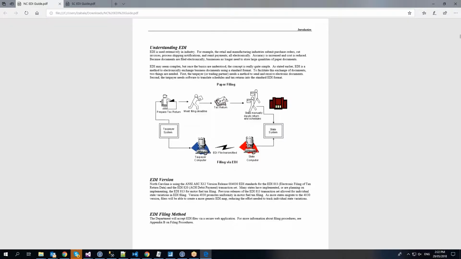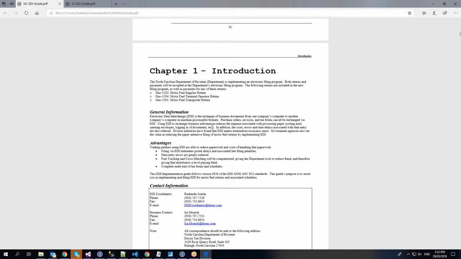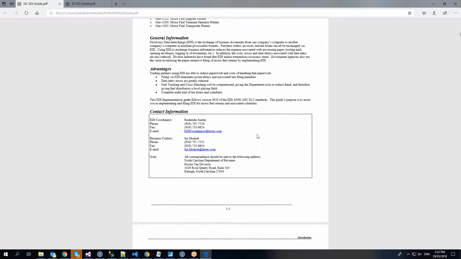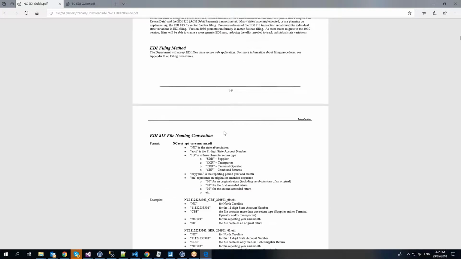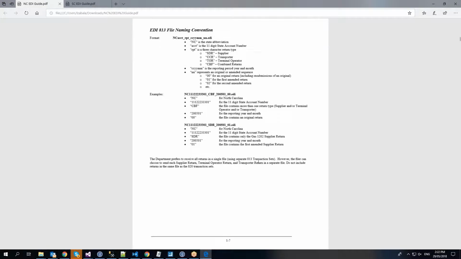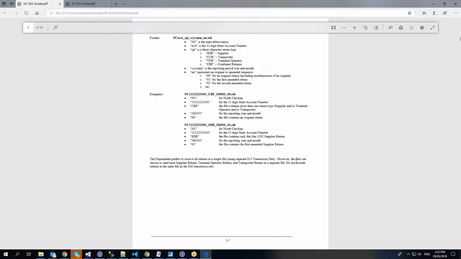From here, yeah, here. Department prefers to receive all returns in a single file using separate 813 transaction sets. Later, I will discuss the transaction set that they're talking about. However, the filer can choose to send each supply return, terminal operator return, and transporter return in a separate file. So it's really up to